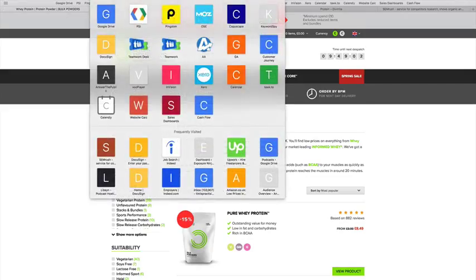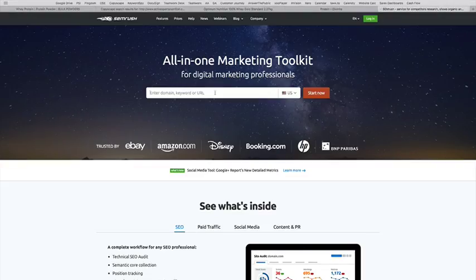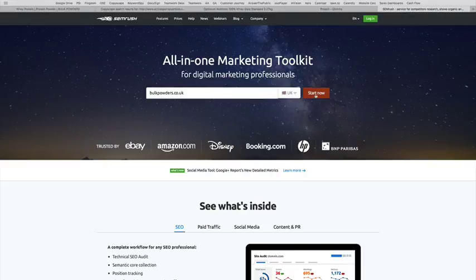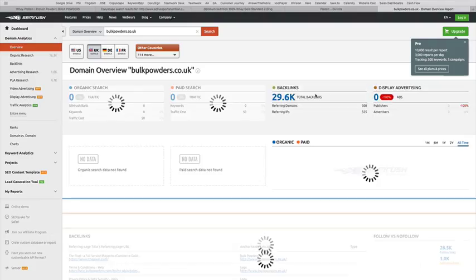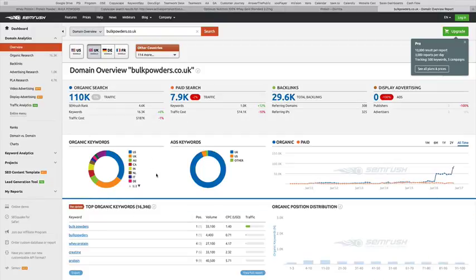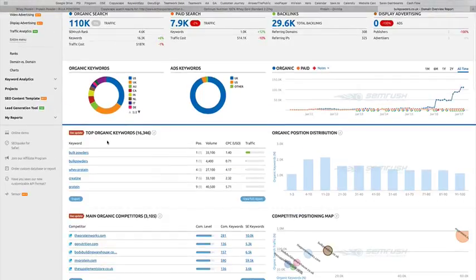So let's just grab Bulk Powders here, and I'm just going to grab this part of the URL and drop it in here. I'm going to choose the country I want to track their ranking for, so we're going to go UK. And what we'll see here, now this is on the free one. If you upgrade, then you get more keyword rankings. What we're going to see underneath this section here, top organic keywords, if we just click on view full report,